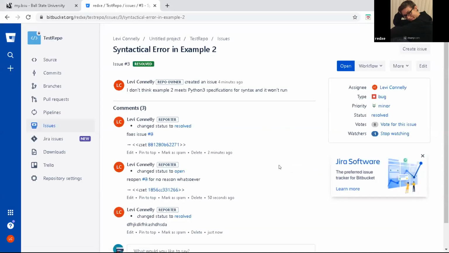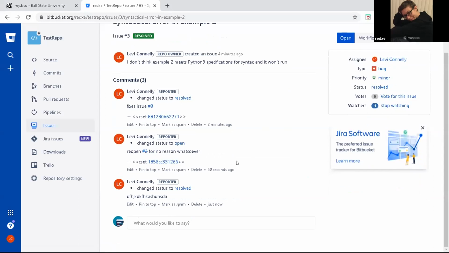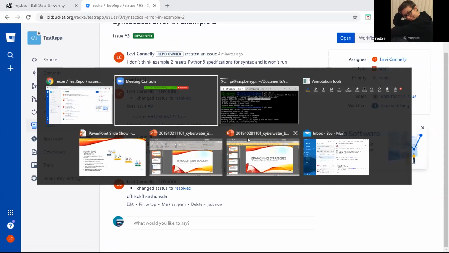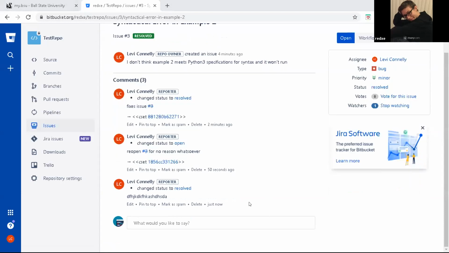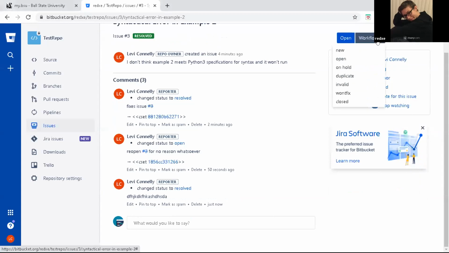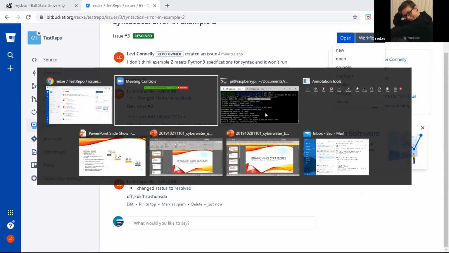And then here it's resolved again. So I would say as far as issue tracker is concerned, that's about as much for that as needed. There are also ways, as far as the workflow: new, open, on hold, duplicate, invalid, won't fix, closed. It's kind of like what we were seeing